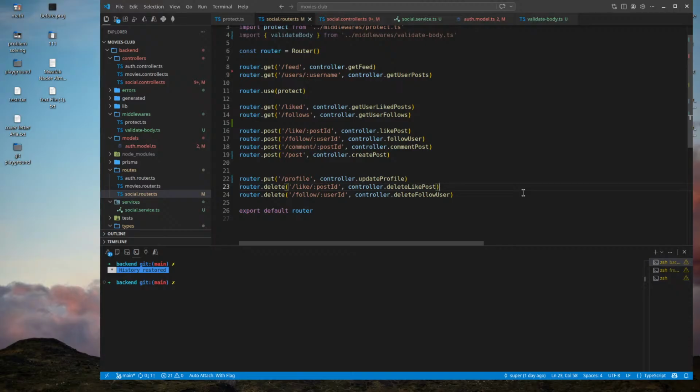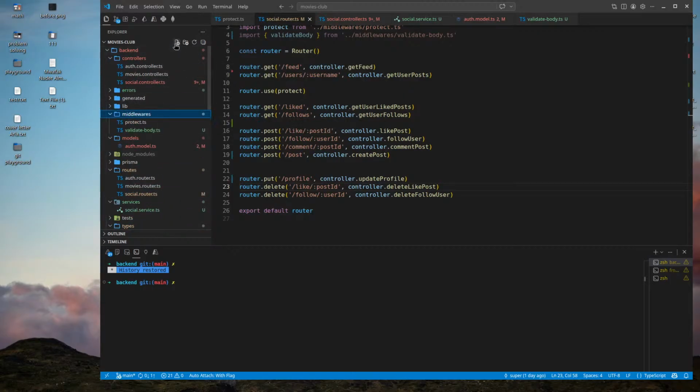This one only needs two Zod schemas, for user ID and post ID, and two types. It's going to be called validate params. Let's make it a middleware.